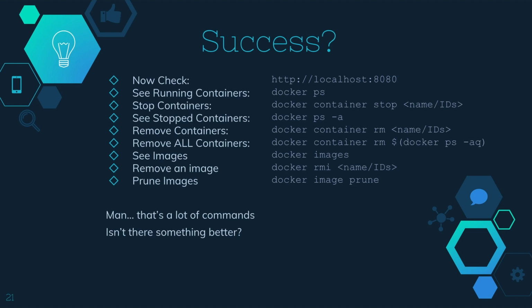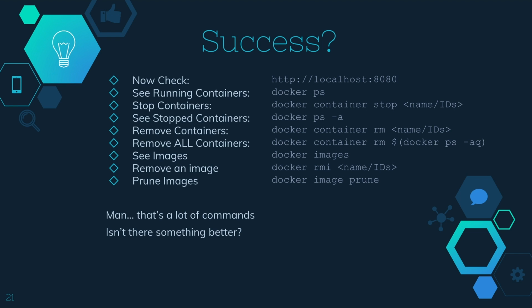So there's a lot of typing involved, right? But here are some other commands that you can run. You can see your running containers with docker ps. You can stop them by grabbing the ID or the name that it lists from docker ps. And you don't have to type out the entire ID. You can use the first couple characters. And it will also take multiple. So if you want to stop 3 or 4 things, you just have to type the first 3 or 4 characters from those IDs or names.